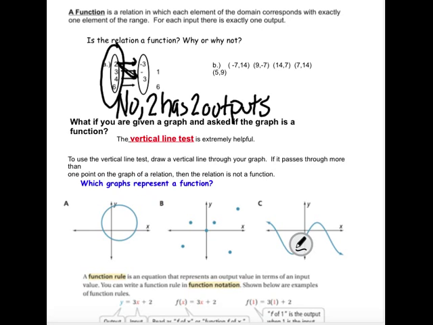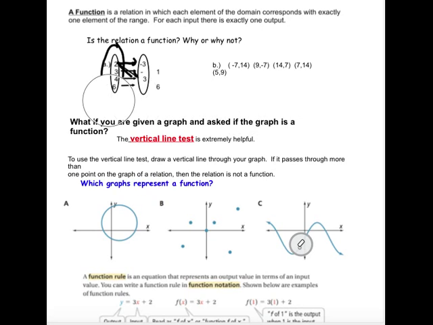All right, B. Ordered pairs, a little bit harder to see. Mapping, kind of easy to see if it's a function or not. You need to make sure that there are no repeated x values. So -7 only goes to 14, 9 only goes to -7, 14 only goes to 7, 7 only goes to 14, and 5 only goes to 9. So yes,